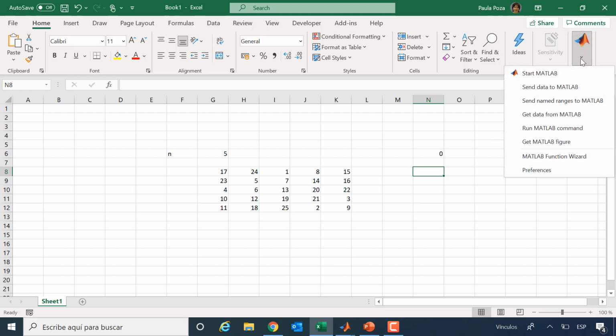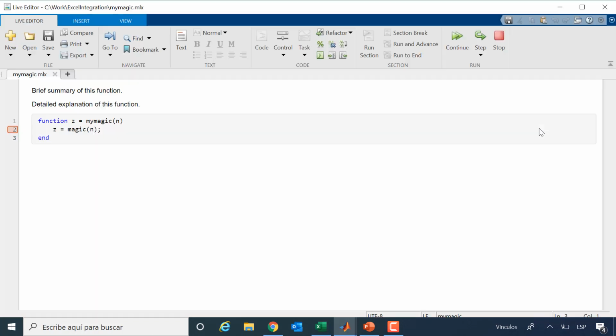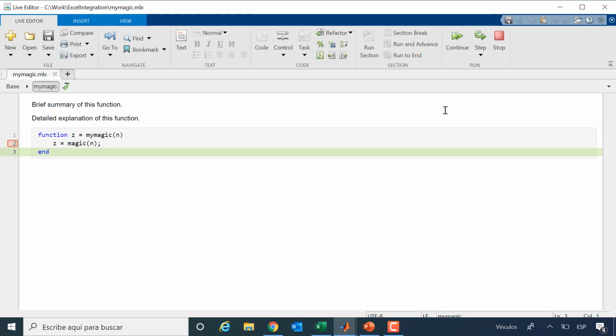And if I now run the command set equal MyMagic, it will take me there step by step. So I advance one step, and now I can see set has been produced, and I can see the value.